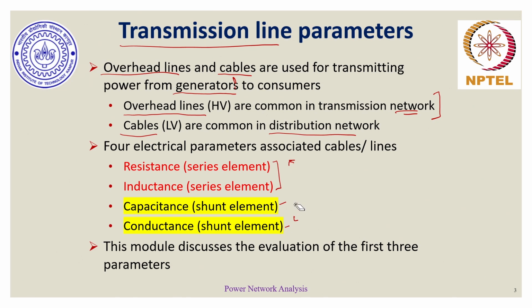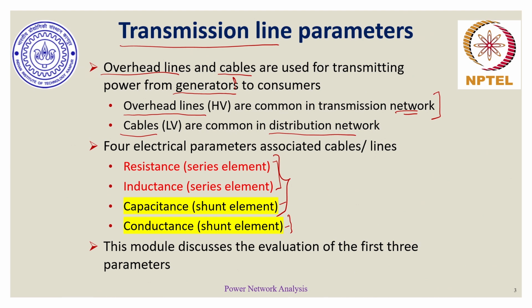In this module on transmission line parameter evaluation, we will keep our focus on the first 3. The reason we would not consider the last one is that its evaluation and modeling are difficult, and even if it were modeled or evaluated, its effect is negligible or marginal on a high voltage transmission network. Now, before we proceed further with discussing what line resistance is, followed by the upcoming lectures on line inductance and capacitance,